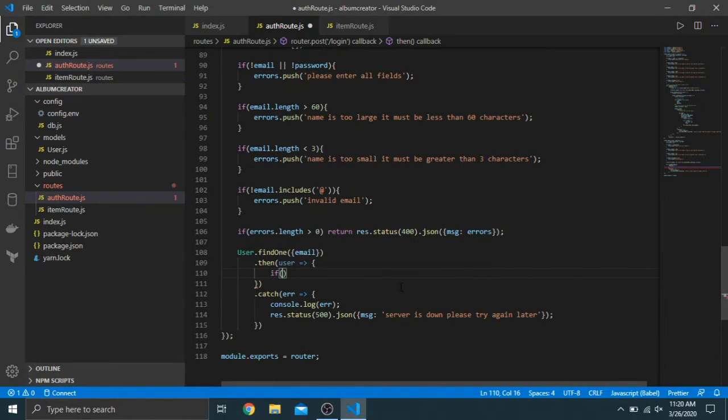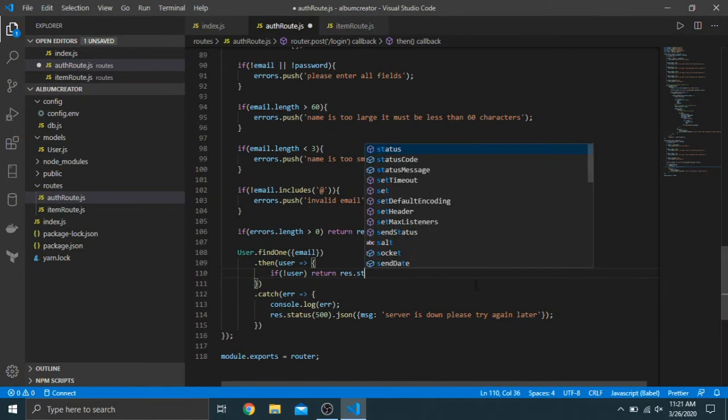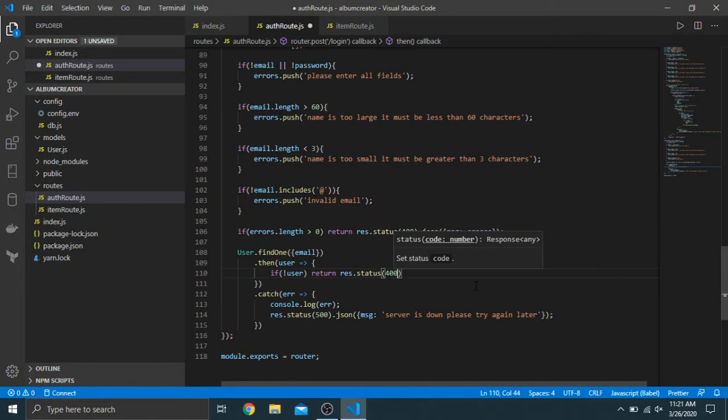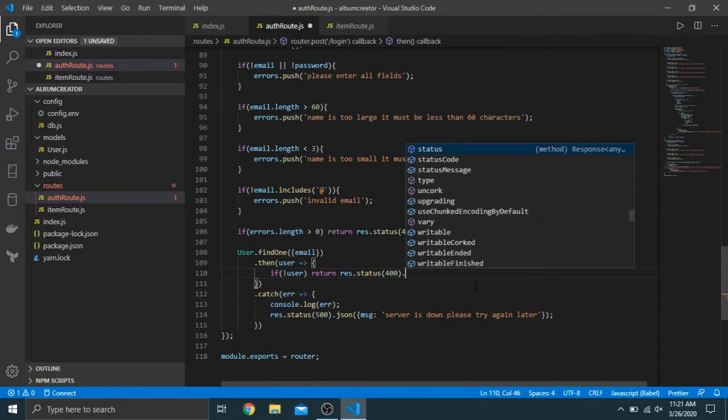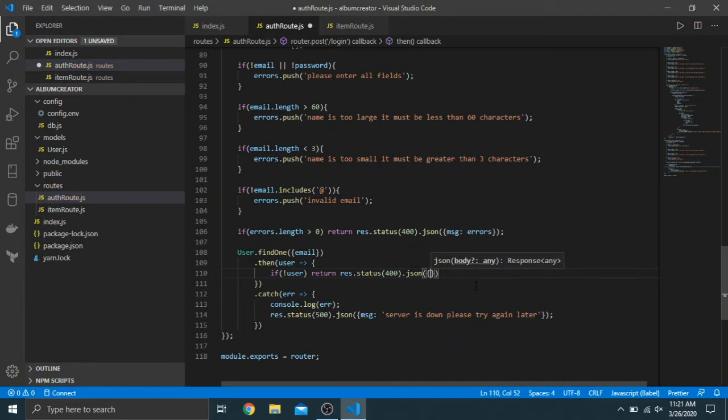Basically what we want to do here is, if not user, meaning that it couldn't find one, we want to return to get out of this. And we want to use res.status of 400, and then .json, and then message, and then email not found. Or you can do another validation saying the password didn't match or something like that. But basically, if we can't find it with the email, then that would be this here. And then if we can,